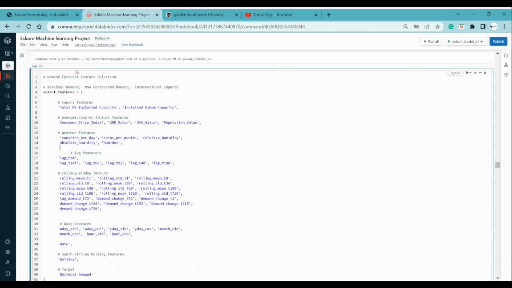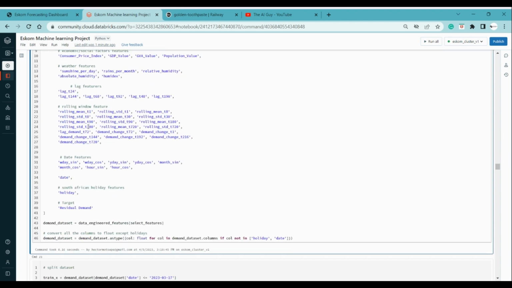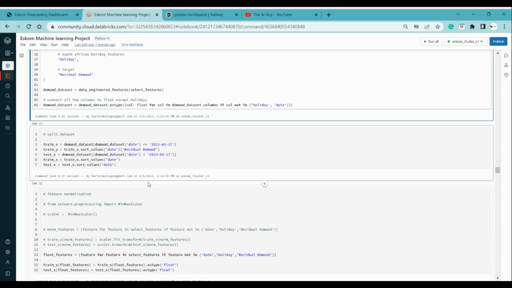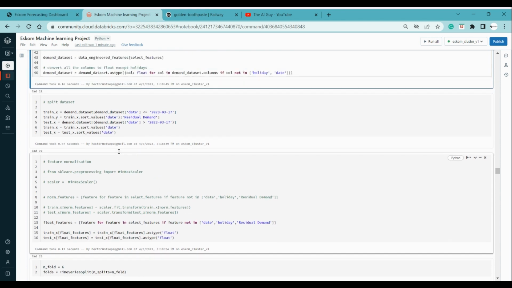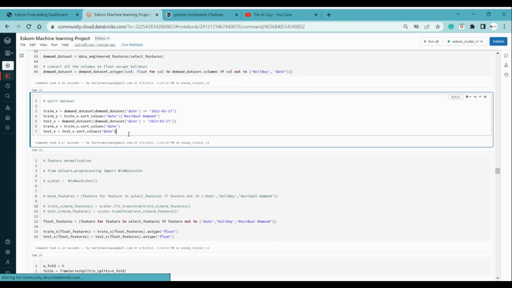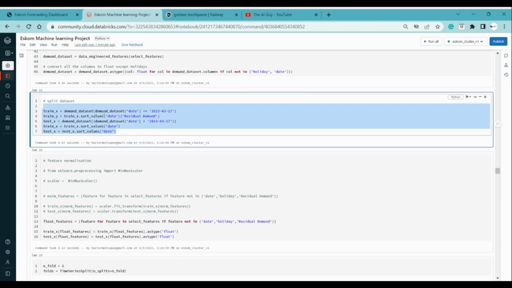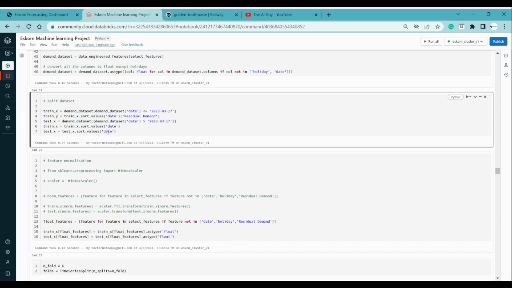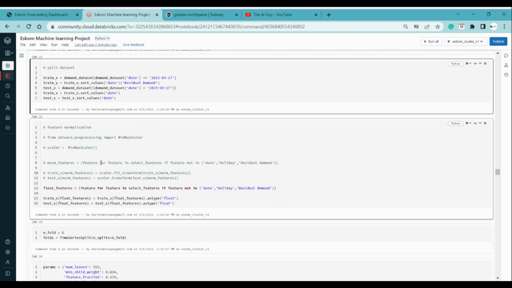Like you can try supply features, you can try XGBoost. I used LGBM in this case. So there's a lot of things that I didn't try. So you can definitely try and see what works and what does not work, right? So you can think of this as more like a boilerplate for you to work on different experimentations. So yeah, we're creating our train X and train Y, and then because I'm using tree-based models,